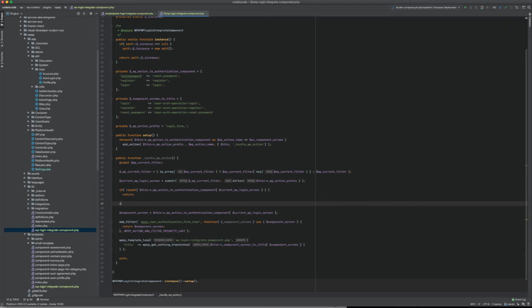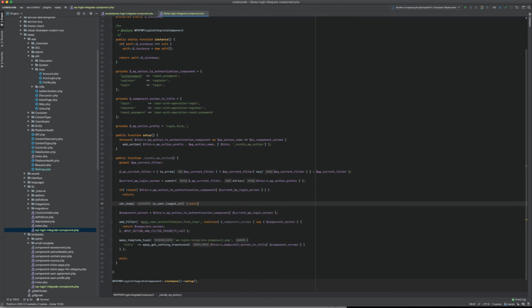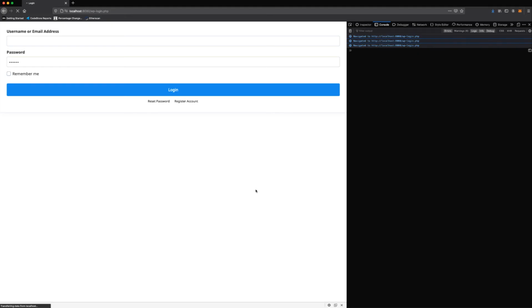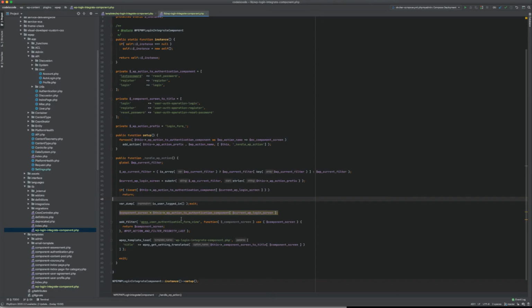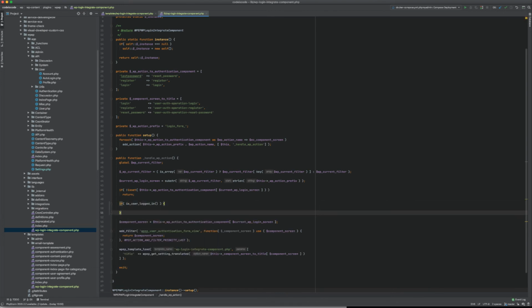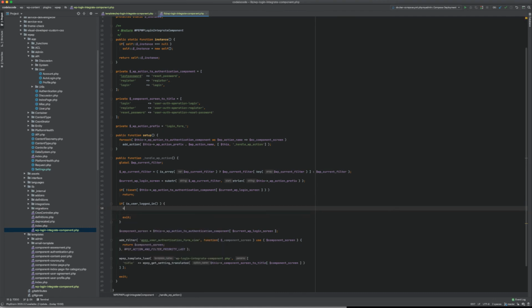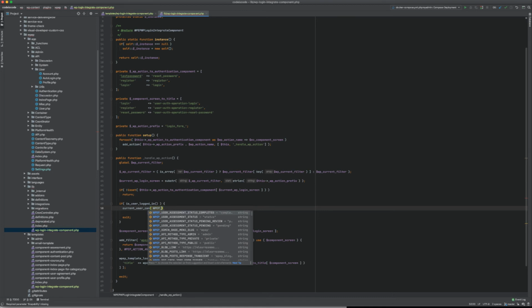So I'll do a var dump is current. No, WP is user logged in. Exit. True. Great. So if the user is logged in, if is current user logged in, then I do an exit,